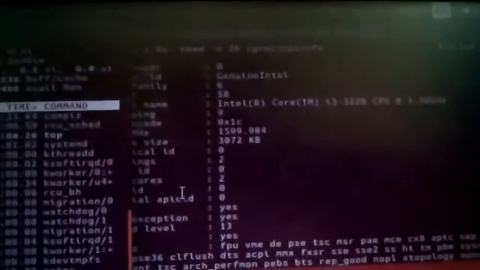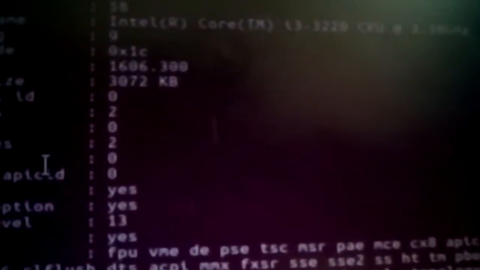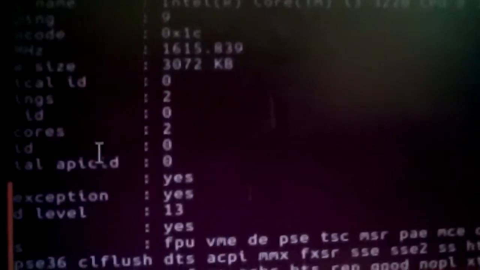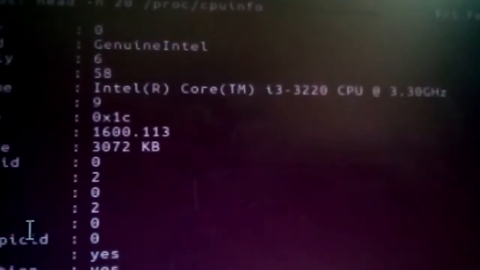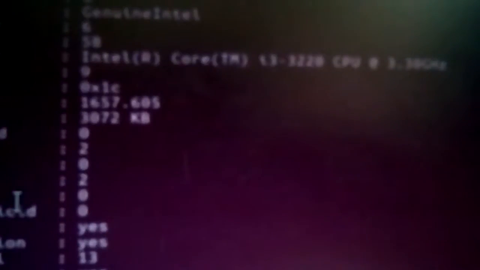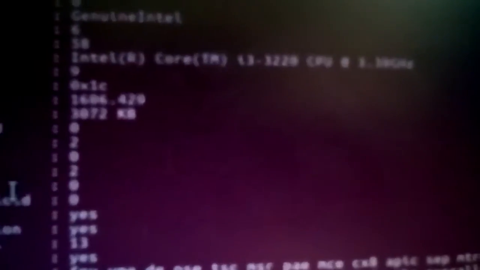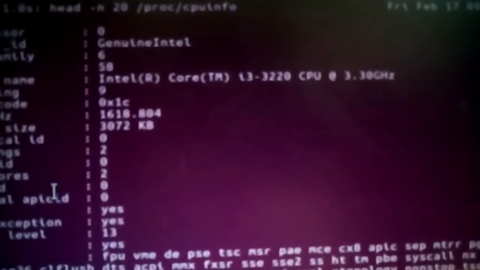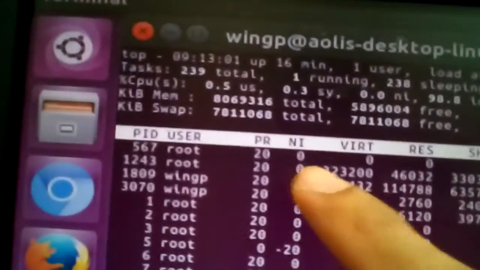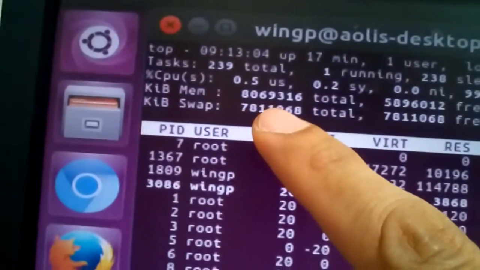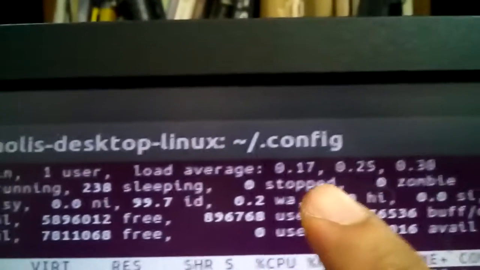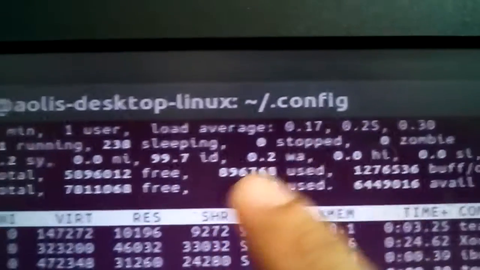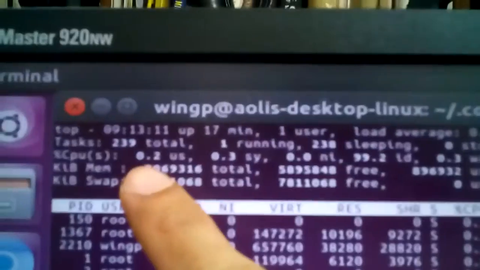This is an Intel i3 processor running at a maximum of 3 gigahertz. It is currently running at 1.6 gigahertz. As you see, the memory here is 8 gigabytes, and the processor is not very busy, and the CPU is only